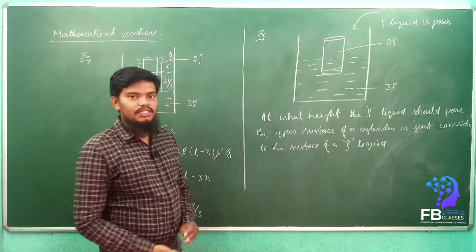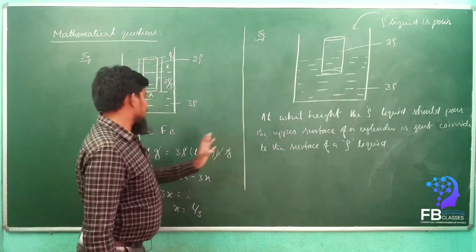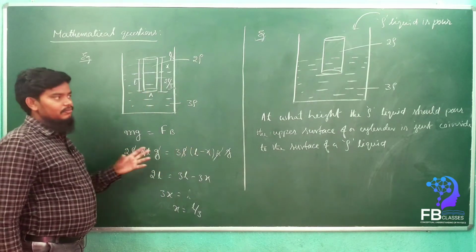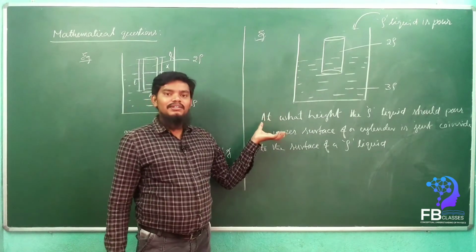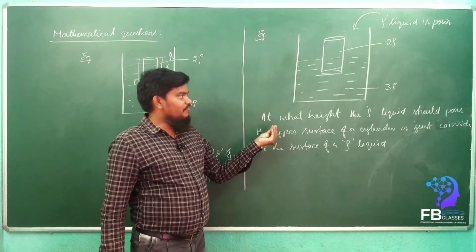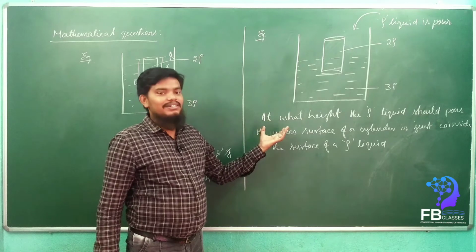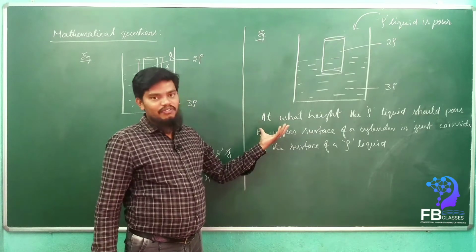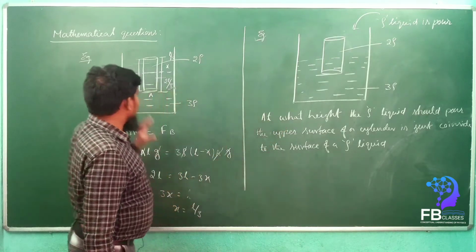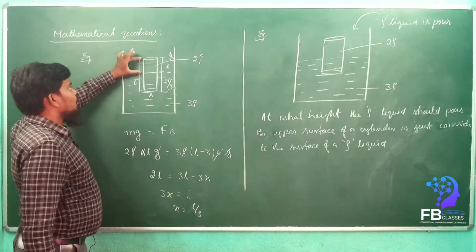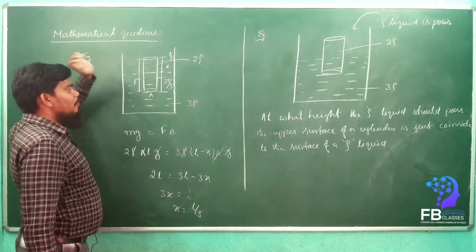This is the question. Do you understand? Here it is the same concept, but it is given in a different method. So we have to understand the physical language, what he asked. See, it is the same thing only, no? He asked only this height. Are you getting my point?